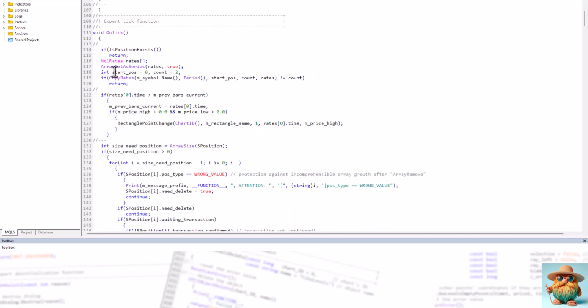We've already written code for working with MQL rates, so we'll just copy this code and paste it into a new place. Main rule when copying: don't forget to make changes correctly. We need to rename rates to ratesH1. Also, we need to change the time frame, specify the H1 time frame, another rates that needs to be renamed to ratesH1.